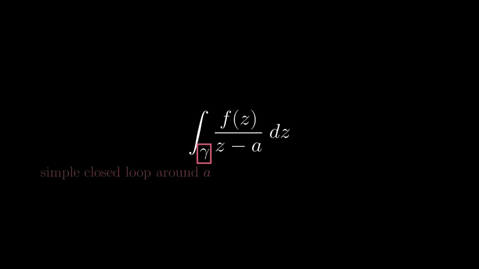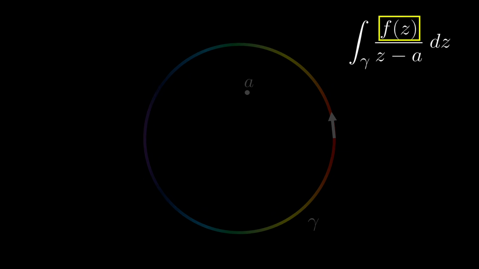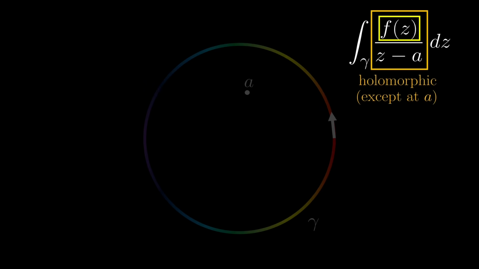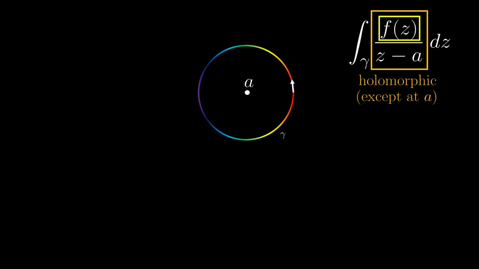This time, we are going to investigate this type of integral, where gamma is any closed loop around A, and f is any function holomorphic throughout the region enclosed by gamma. Calculating this integral is not too difficult if we first try to deform this loop. The thing about this integral is that f of z is holomorphic within gamma, and so the integrand is holomorphic except possibly at A. So by Cauchy's theorem, we can just shrink it very close to A, and the integral